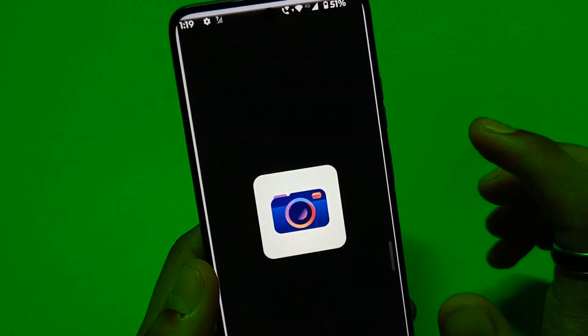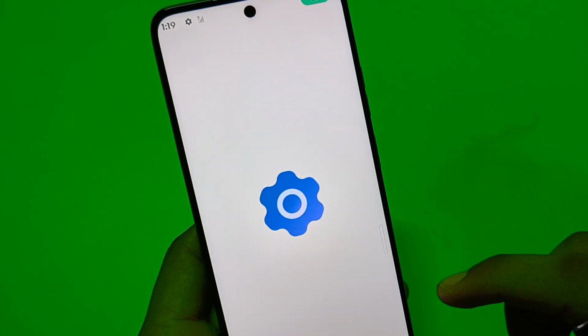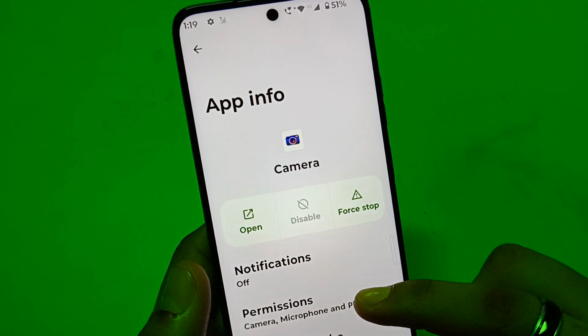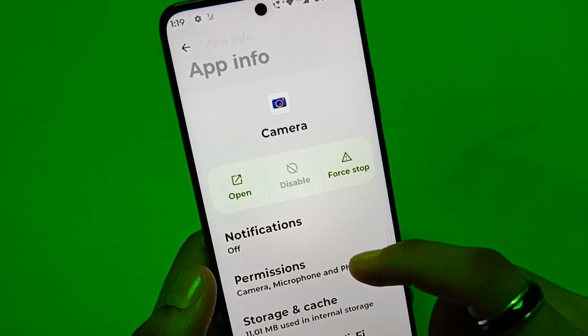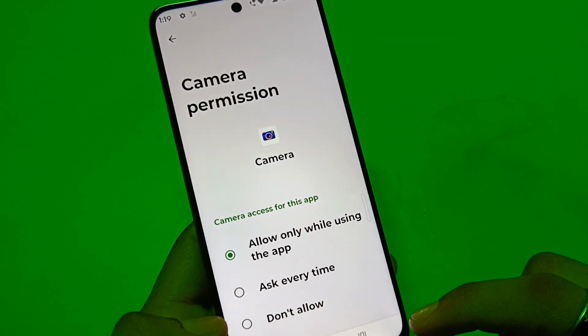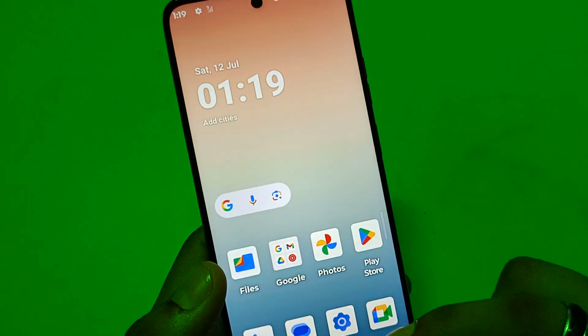First, you have to just long press the camera button. Now you have to click on the I button. Here you have to block the camera access from here. You can see permissions. Then you can see camera. You have to click on don't allow to capture the photo, and when you just click on it and open